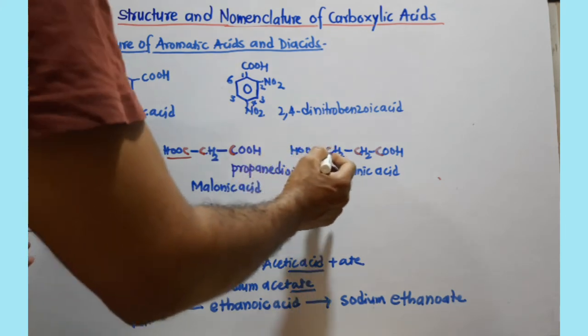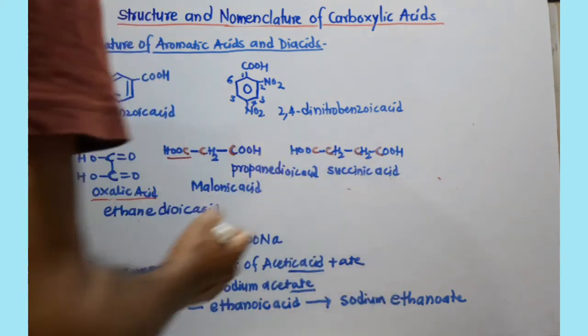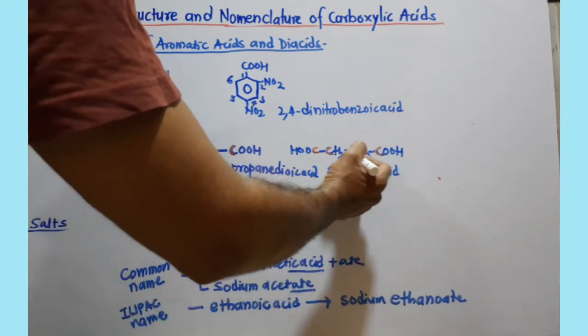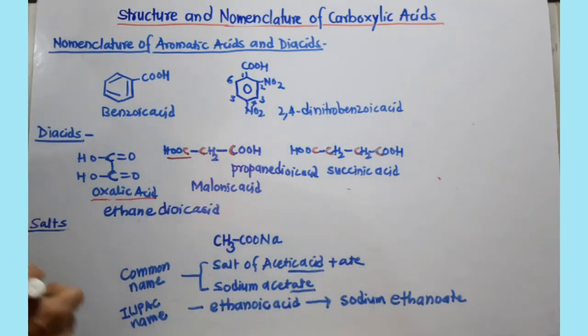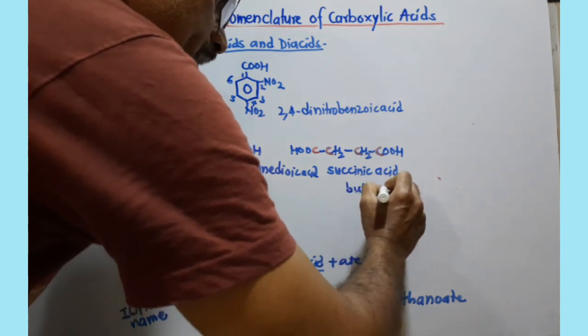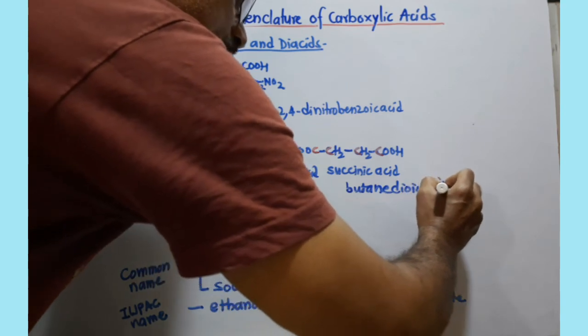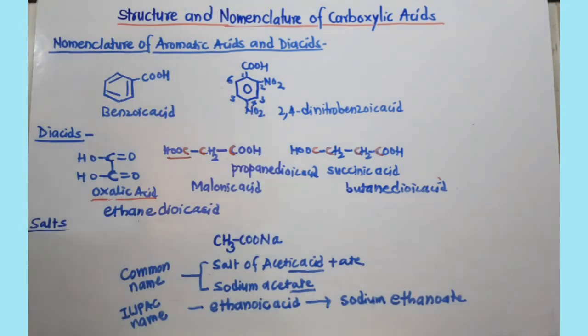In case of this acid, you keep its common name, which is very popular, succinic acid. But since there are 4 carbons, if you want to write its IUPAC name, 4 carbons means butane. Keep E as it is and join the suffix dioic acid. So the other name of succinic acid is butanedioic acid. In this way you can provide names to the dioic acids. A similar pattern you can apply for the trioic acids if there are 3 COOH groups.